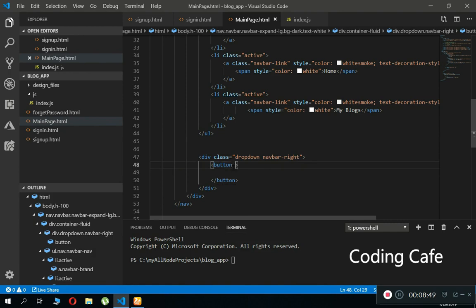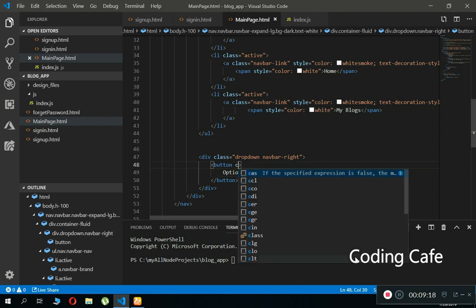Let's give id to it, but since we do not need this button to perform any operation, we just want that when a user clicks, and basically let me tell you, this is our options button on which a user will basically click. On which a user will click and a drop down list will appear in which you will have a logout button, and you can add more buttons like home, whatever you want. So I mean there is no need to give id to it, so just add a class for styling,